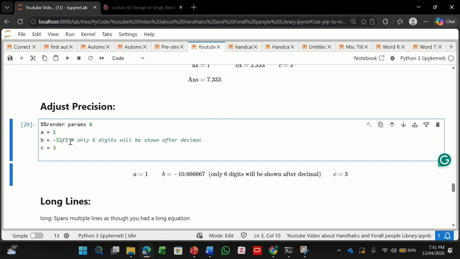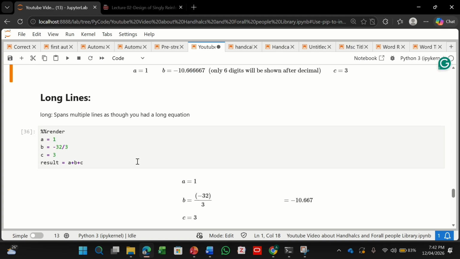What if you want only a certain number of digits after the decimal? You can do that with params, sorry, I pronounced it incorrectly previously. You can just write the digits you want to display after the decimal, and it will be displayed automatically. As you can see, 10.567 and so on, only 6 digits are displayed.